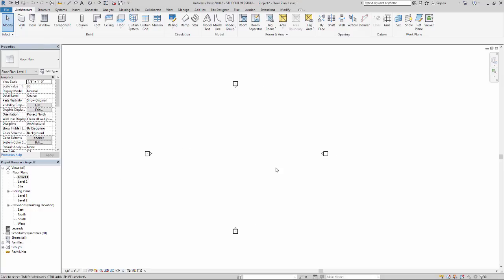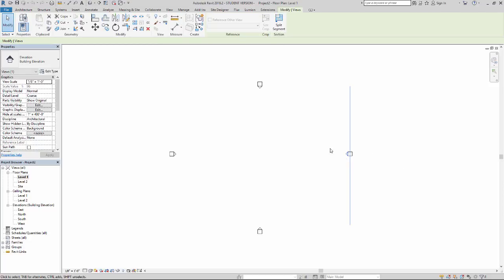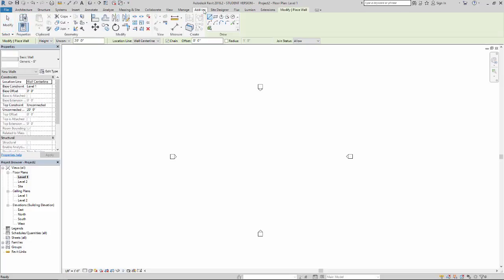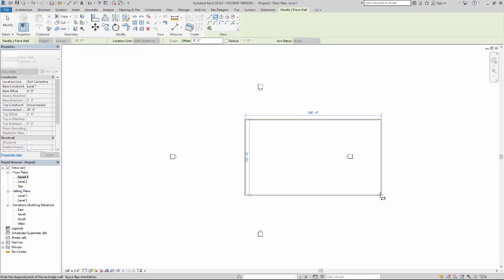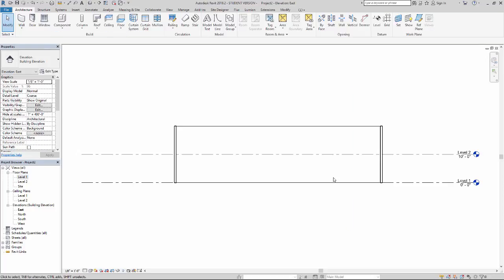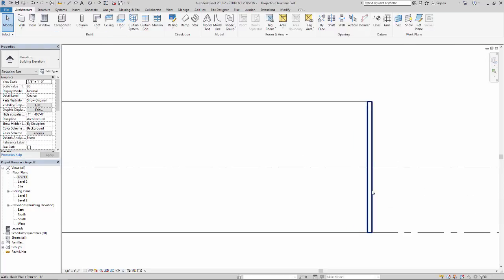One quick thing to note on the elevations, if I click on any of the elevation views, in particular the icon that generates the view, I can click on that front triangle and it's going to give me this blue line. That blue line is a section through my Revit scene represented as the elevation looking in this direction. And on occasion, your projects are going to go outside of that tag. I want to show you what happens, just to show that that is a section. If I double click to go to my east elevation view,